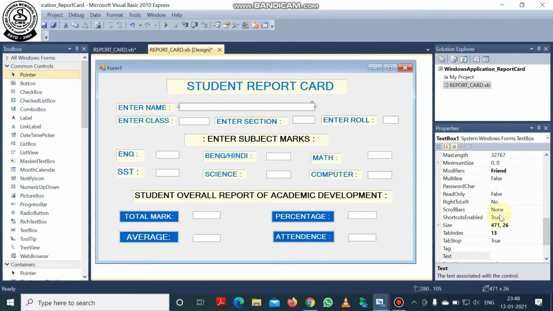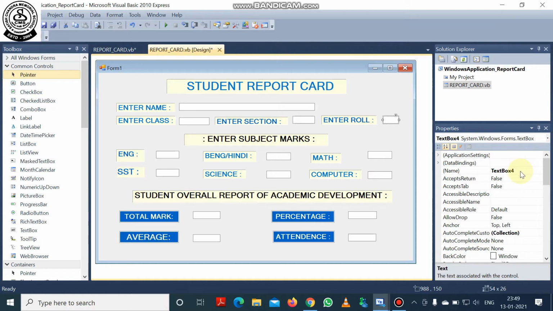So now I'm telling you how you can identify a text box. You click on the text box, you go to the property window, you can see TextBox1, it is the name of the first text box. You select the next text box, you can see TextBox2 is the name of the second text box. You select the next text box, TextBox3 is the name of the third text box. The next, fourth text box is TextBox4. So like this you can select the text box and the name will be shown in the property window of that text box. So the last text box will be TextBox14, as we have taken 14 text boxes.